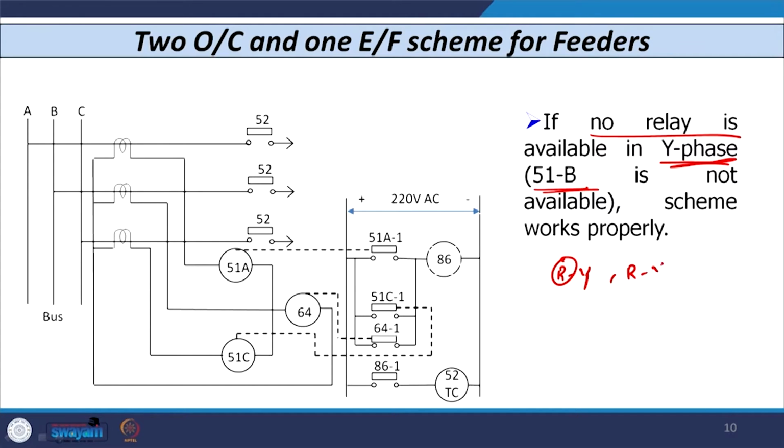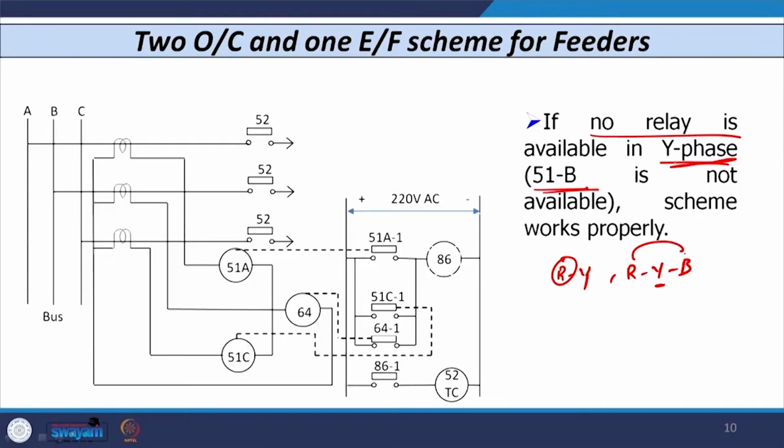If an RYB fault occurs, then also, though there is no unit in Y phase, we have a unit in R and B phase. So, the 51A and 51C operate and further tripping is initiated. Same way you can consider the faults involving ground, that is line to ground, double line to ground and triple line to ground. If I remove any one unit out of the 3 phase units, then the same scheme works